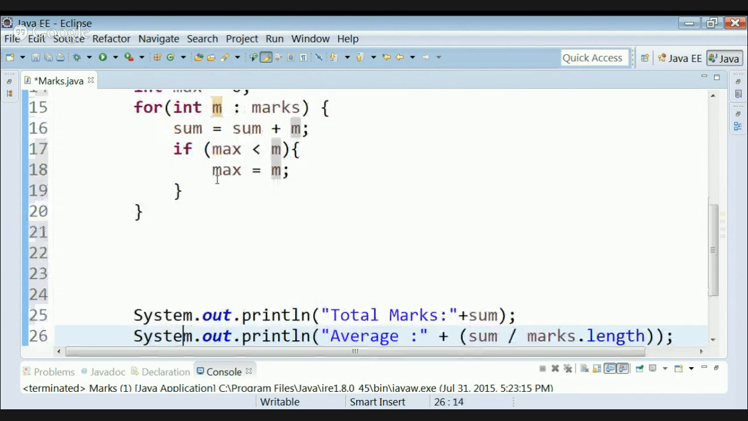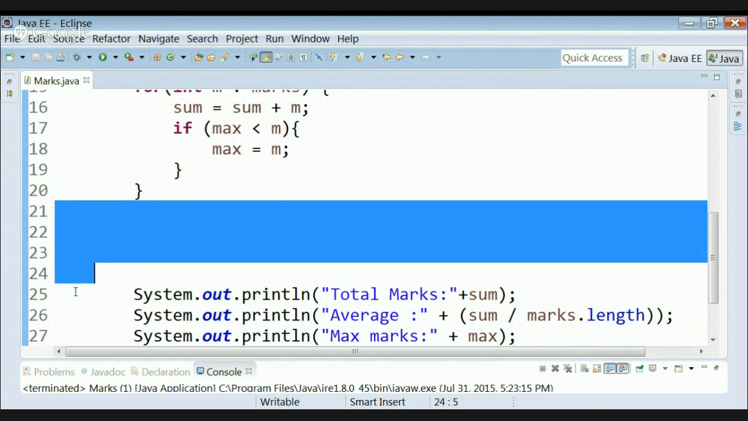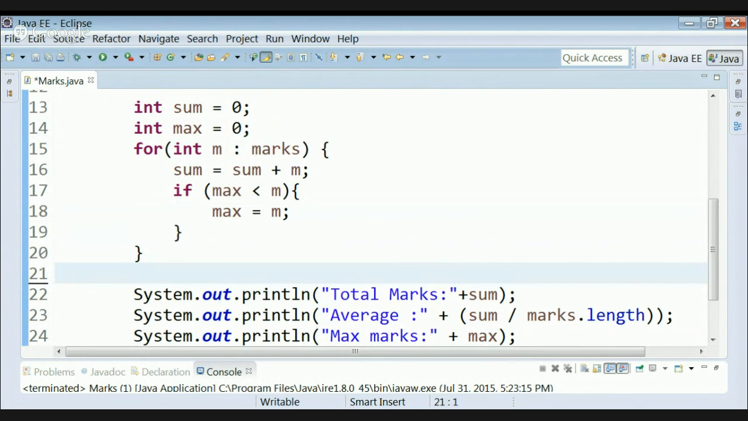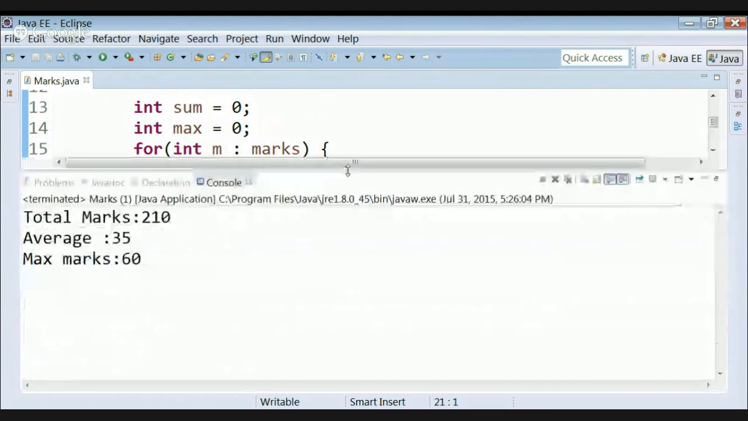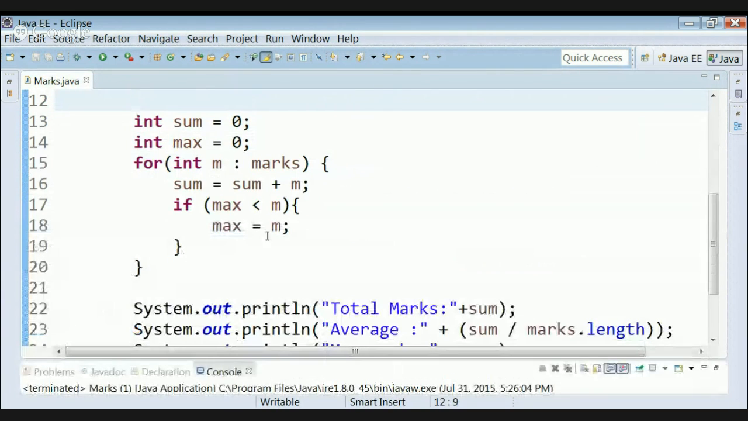Now to print maximum marks. Yes, maximum marks is 60. So how can we print minimum marks? Minimum marks,